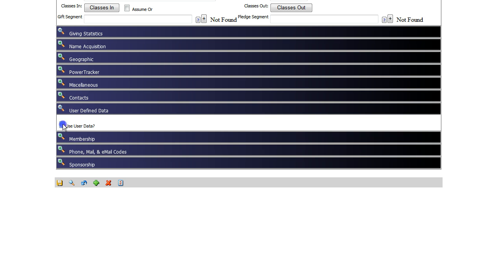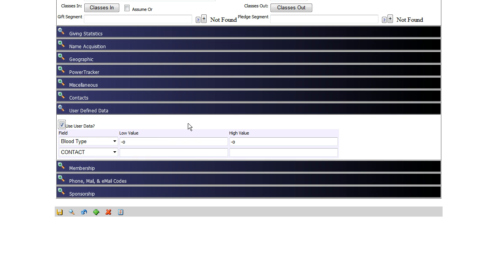User-defined fields are fields that you can create to hold information that Denari does not already have a field for. So for example, I've selected here already the field blood type. You might be with the American Red Cross and you need to keep track of people's blood type for some reason. Denari doesn't have a field for blood type. So you can go and create a user-defined field called blood type and then go into each name record and populate that